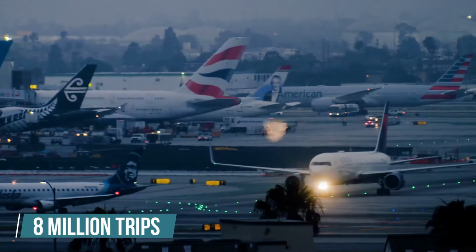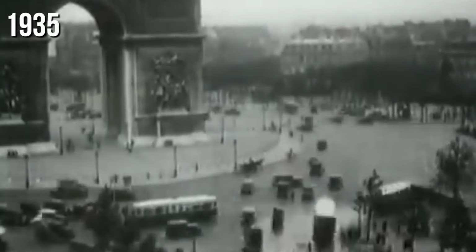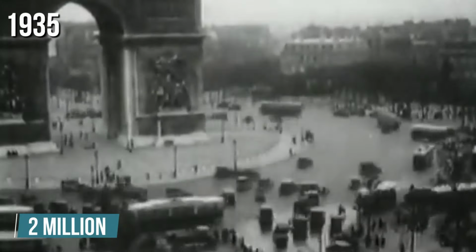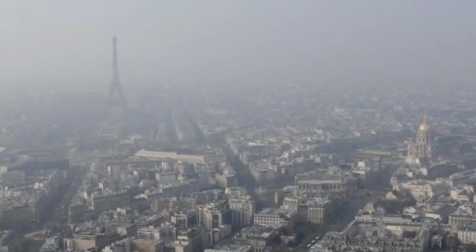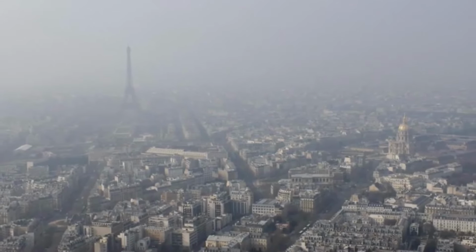Paris traffic problems had their roots more than a century ago. In 1894, there were only 200 cars on the roads in France, then 3,000 in 1900, 10,000 in 1903, and 50,000 in 1910. The year 1920 oversaw an explosive increase in the number of vehicles by 150%, and by 1935 there were over 2 million vehicles on the road. The air quality deteriorated severely in 2015, with Paris recording the 9th highest death due to air pollution among major